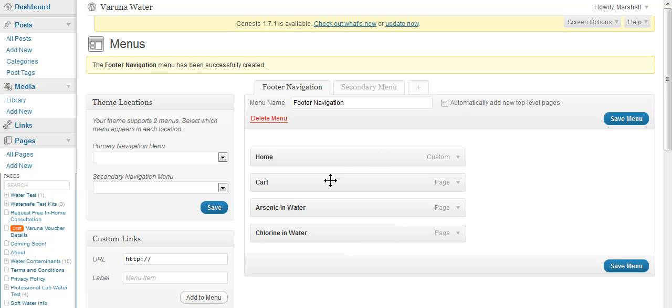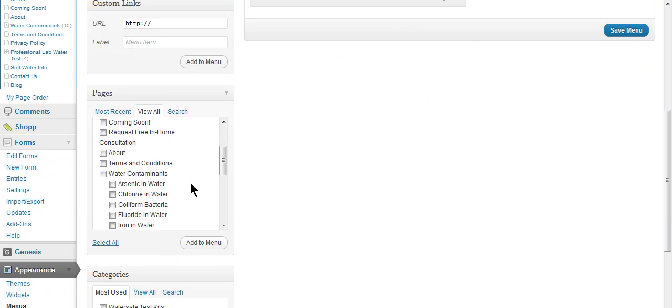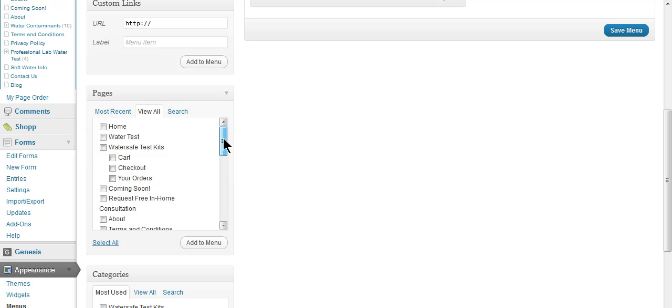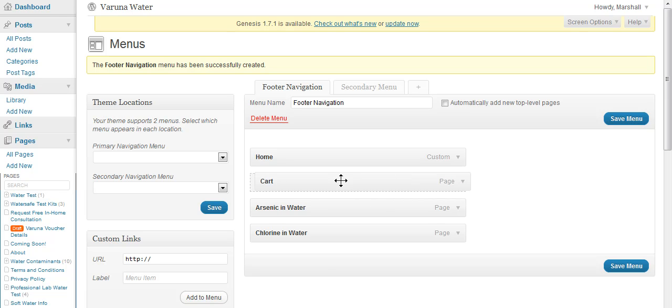You have the ability to create your site hierarchy here. You should already have your hierarchy completed, and you'll see if it's done correctly in this pages area that it already shows up with an indent. However, you do not have to follow that same hierarchy with the menu, although it usually makes sense to visitors